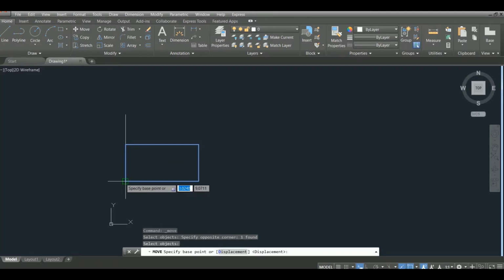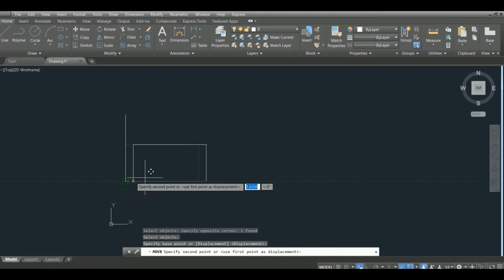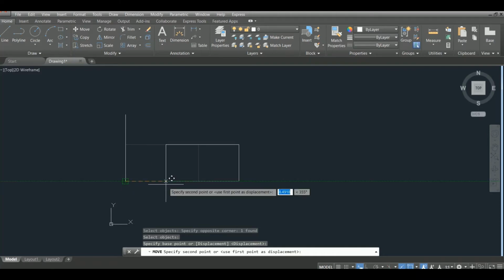Specify base point. I choose the base point here and displacement to the right. You can choose any other displacement for your requirement.